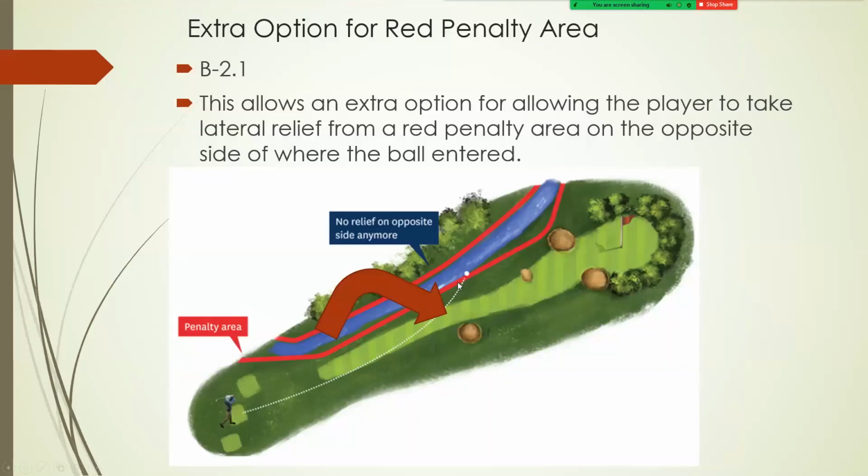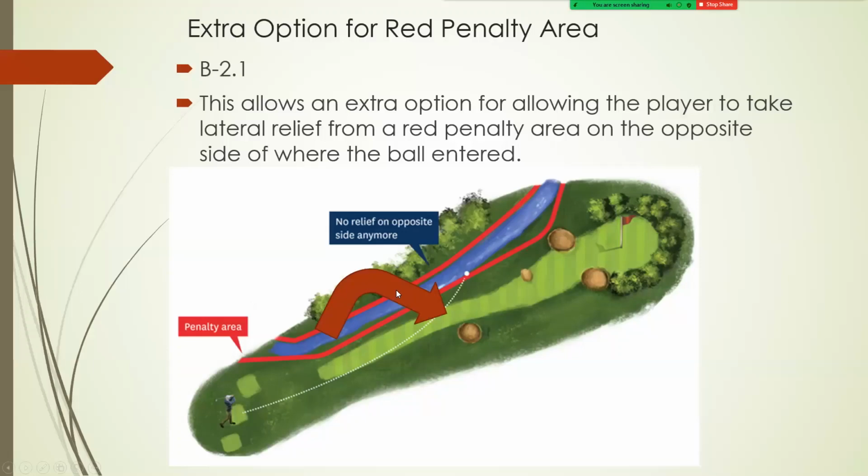Since the new rules have come out, this used to be a rule of golf where you could take relief on the opposite side of what they used to call a lateral hazard, now a red penalty area. There is a model local rule to put that back in. So for an example, on this hole here, if this person hit a right-handed big slice and went across here and went back in kind of where I got that arrow, well, they would probably have to hit again from the tee,